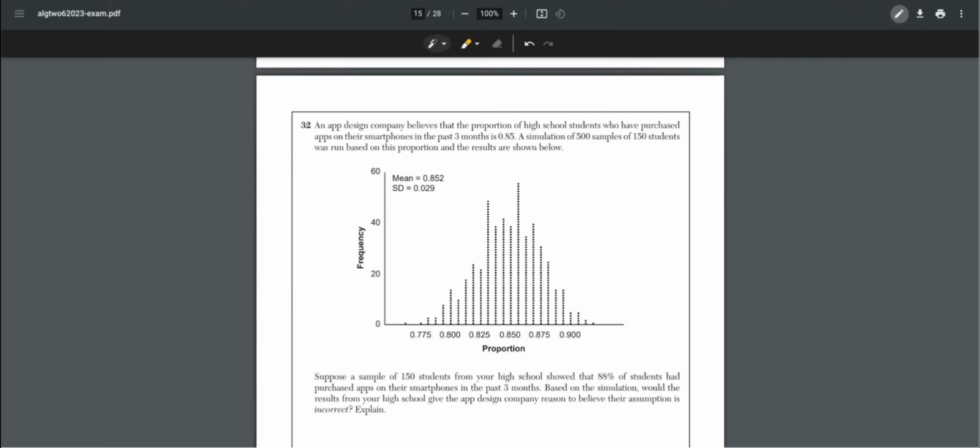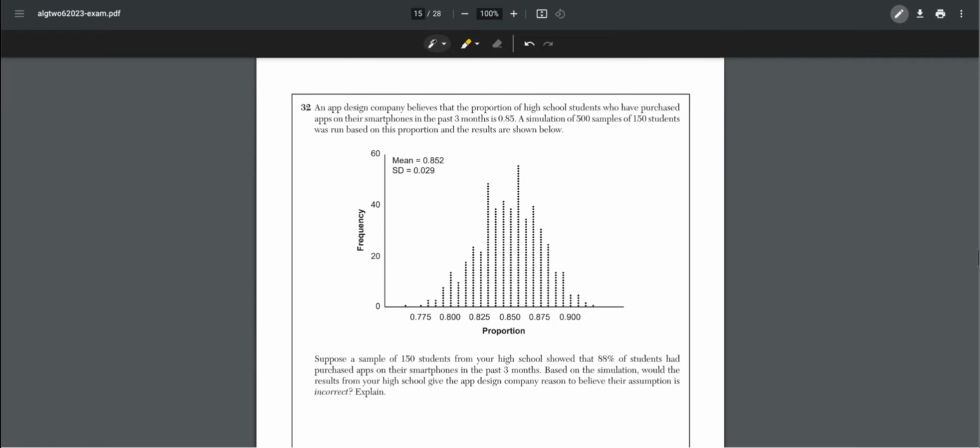Number 32. An app design company believes the proportion of high school students who have purchased apps on their smartphones in the past 3 months is 0.85. A simulation of 500 samples of 150 students was run based on this proportion, and the results are shown below. Suppose a sample of 150 students from your high school showed that 88% of students had purchased apps on their smartphones in the past 3 months. Based on the simulation, would the results from your high school give the app design company reason to believe their